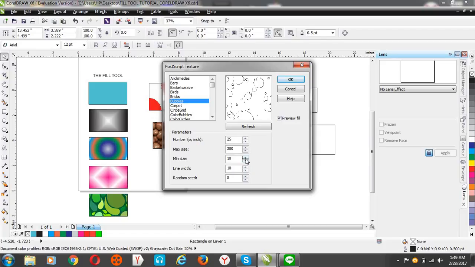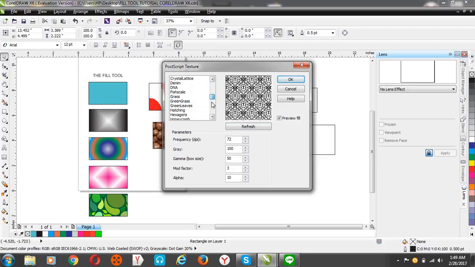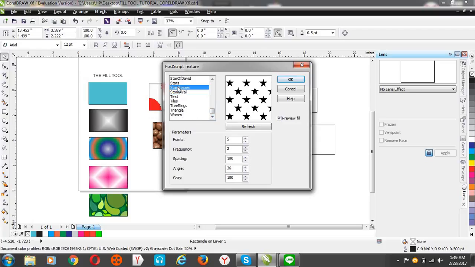All right, so let's say minimize size. All right, and let's say maximize size, and maybe the line width. Okay, we're considering what we have inside there, and we refresh. You see it changes. All right, so that's how it is. And you see carpet and just lots of beautiful presets. Like you have text, you have star shapes. Okay, let's see spacing